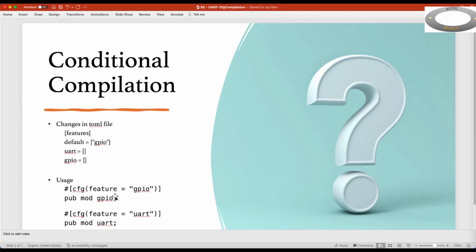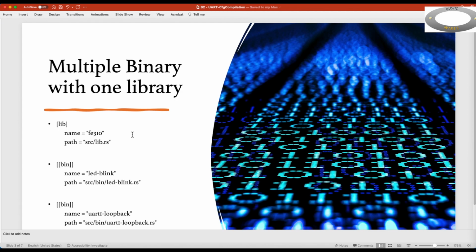First and foremost, before we get into the UART driver code, I just want to mention a few Rust specific features, like how we compile with a conditional flag, like #if. Definitely there is an equivalent in Rust, but it's a bit different. So I will touch upon conditional compilation in Rust, followed by how to configure